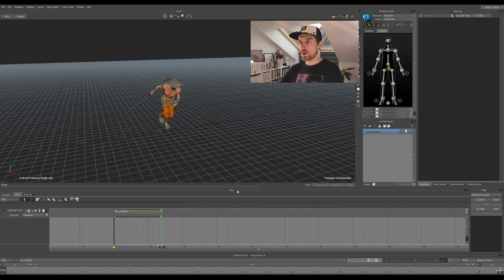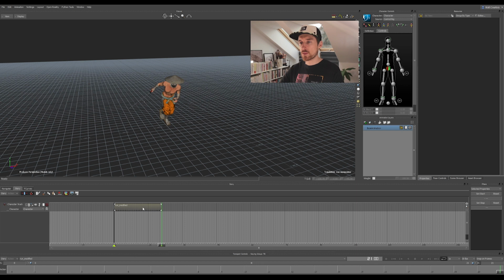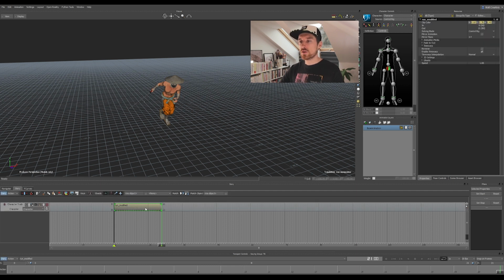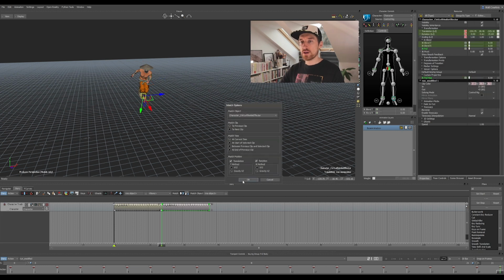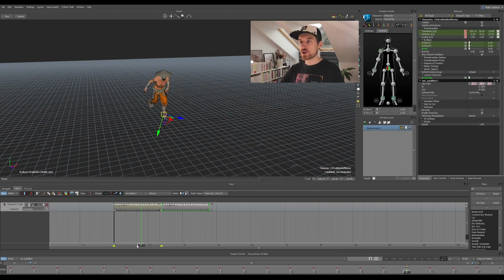Okay. Then actually what I will do is duplicate it. It's one of the other functions, you have different methods. You could technically duplicate the clip here and make sure by selecting, for example, the hips or the left foot to create a match here so that they trigger one after the other.